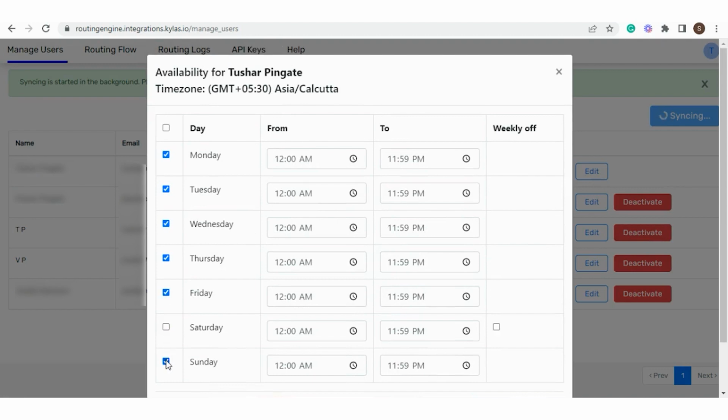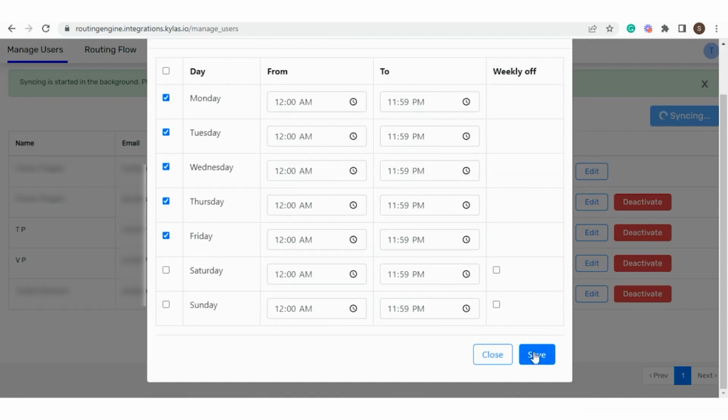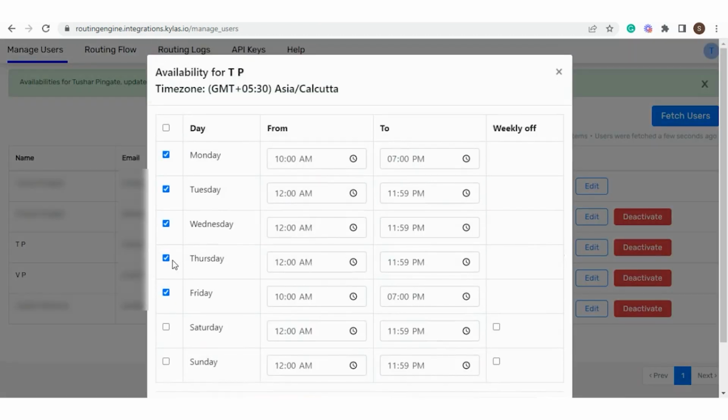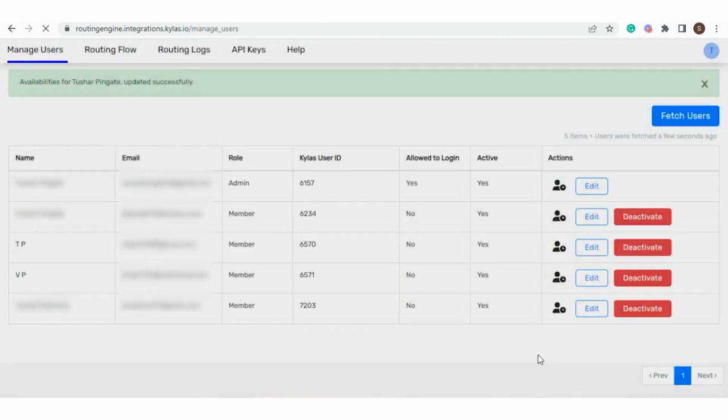The Availability option lets you check the availability and shift timings of each user you have. For example, if a user does not work on some Saturdays and Sundays, you can simply untick it and tick all the other days. After you are done with this, go to the Routing Flow section under the Routing Engine application